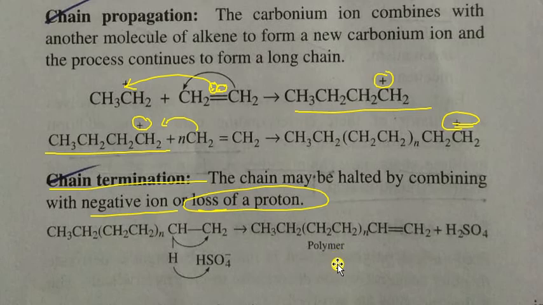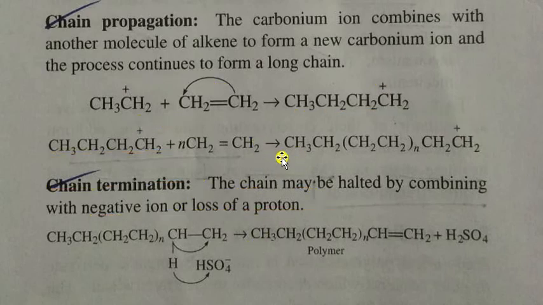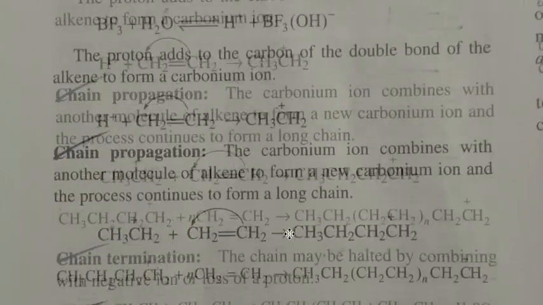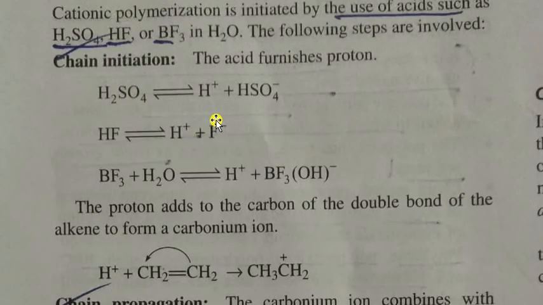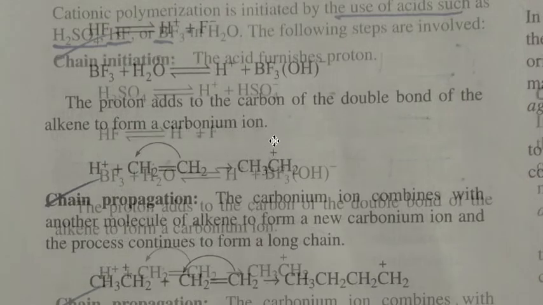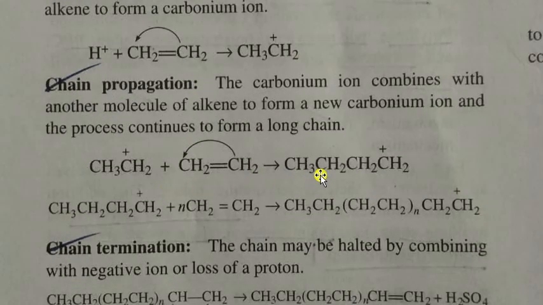So these are the processes involved in cationic polymerization. As you are seeing over here, in the first step we have the Lewis acid, which is going to form its ions over here, and the negative ion is going to stay over there. The positive ion is going to join with the first monomer, and further that monomer is going to get attached with other monomers and they are going to form the intermediate carbonium ion.